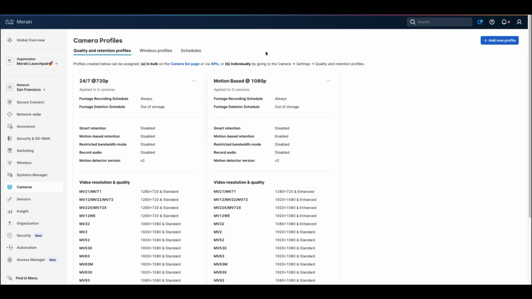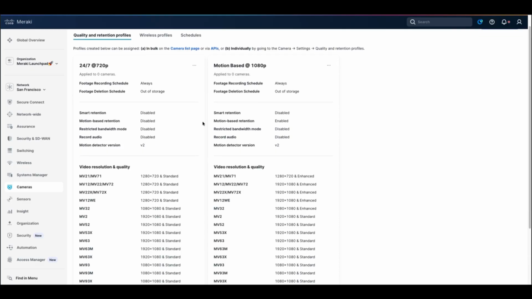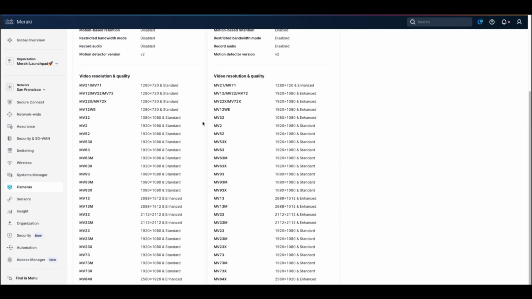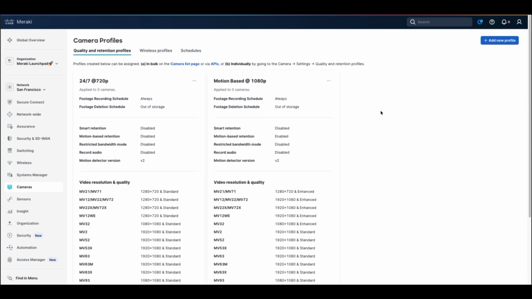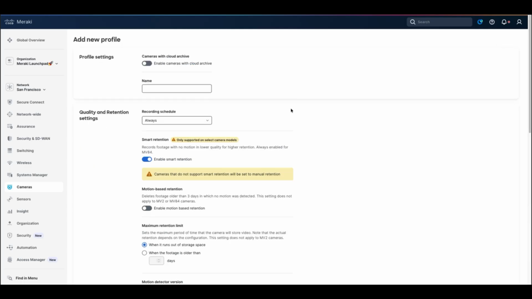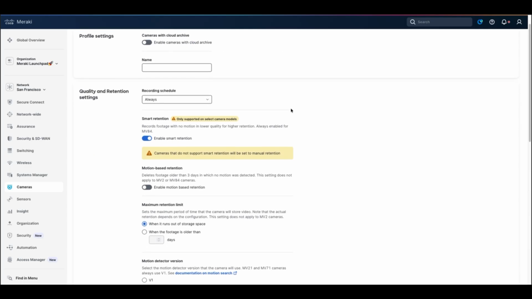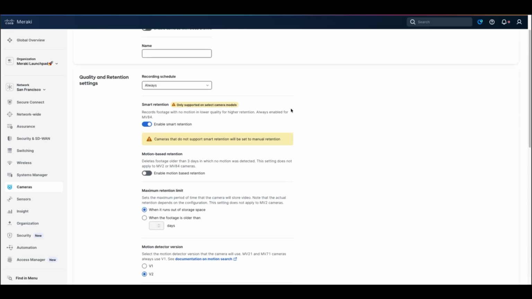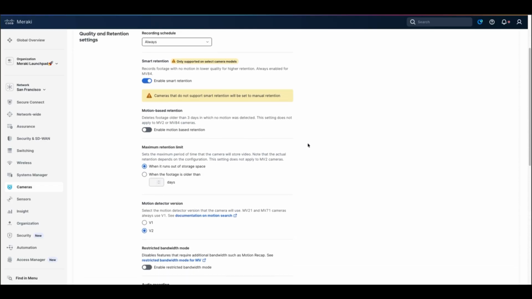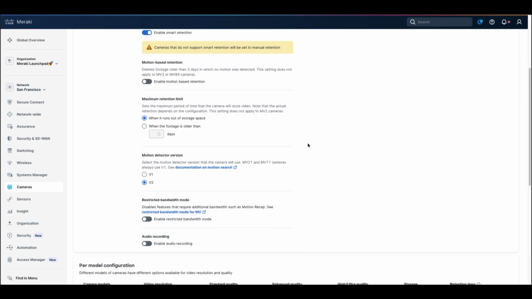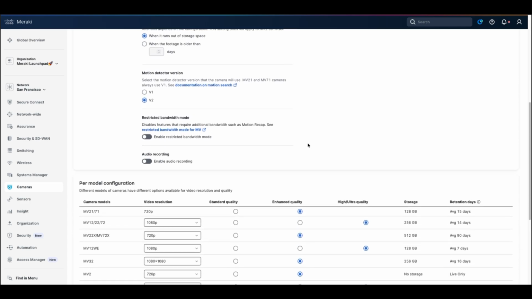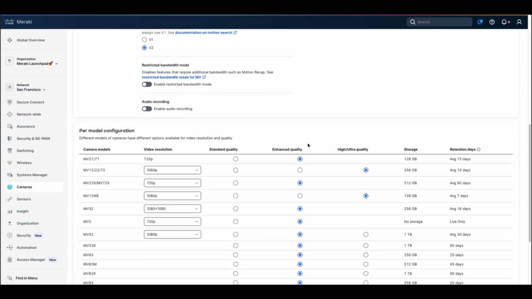At the top of the page, the first tab allows us to create and manage quality and retention profiles. These profiles control how cameras capture and store video. At the top right, this blue button allows you to create a new profile. Within a profile, administrators select video characteristics such as resolution, quality level, and retention behavior. These settings determine how much detail is captured in the video stream and how long recordings remain stored on the